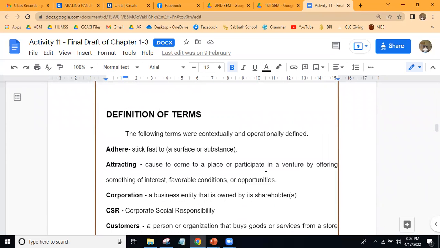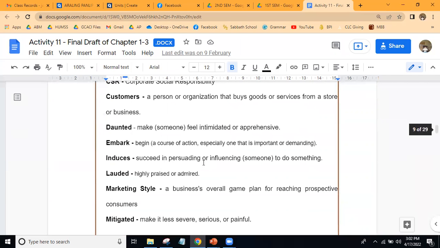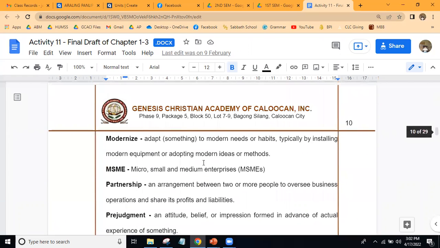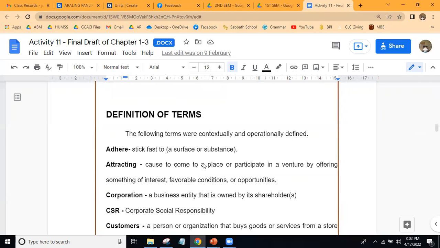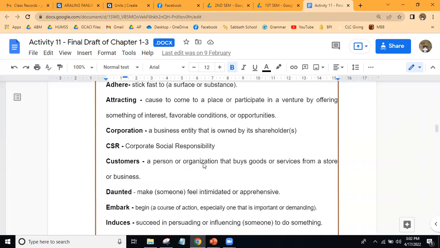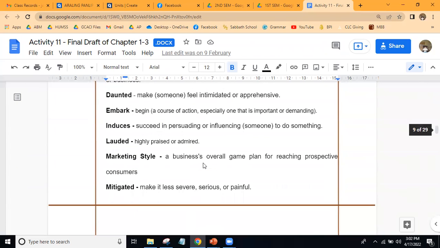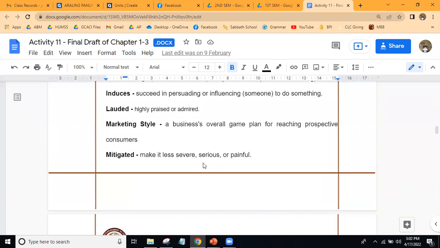Alright, sa definition of terms, lahat ng mahalagang or may hirap na salita, it must be included here. And definition of terms ay hindi nagsasara unless tapos na ang inyong research. Why? Because even nakalagay ito sa chapter 1, yung chapter 2 nyo hanggat hindi pa siya tatatapos at may na-encounter kayo ng mga difficult word, you need to include that as well in definition of terms. Kahit pa sa chapter 3, chapter 4, chapter 5. So kapag tapos na, saka pa lang ito matatapos itong definition of terms na nasa chapter 1.